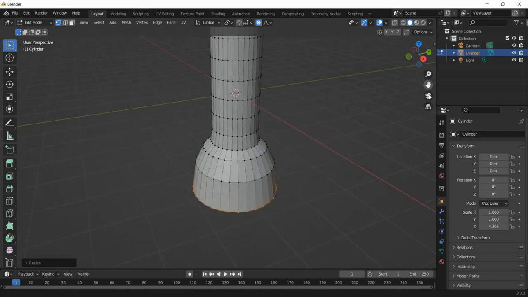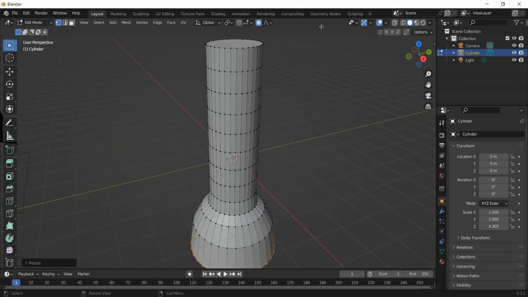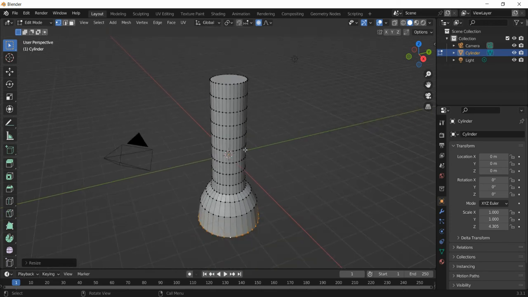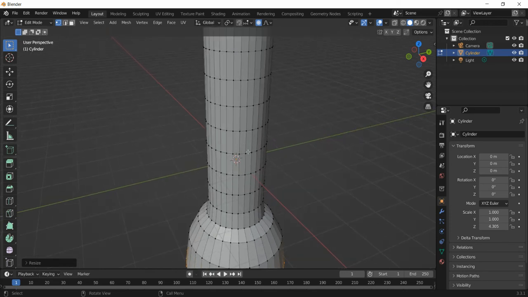Okay, and then what we're going to do next is add a sort of waviness to the trunk. And we're going to do what we did before. We're going to select roughly the middle of the tree. It doesn't have to be exact. So just clicking in there to select, and then holding down Alt, and then selecting, say, that part there. So we're selecting the whole ring.